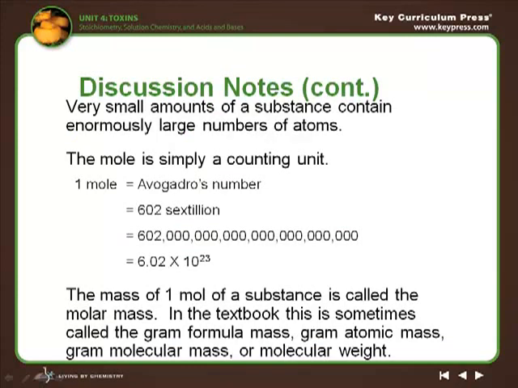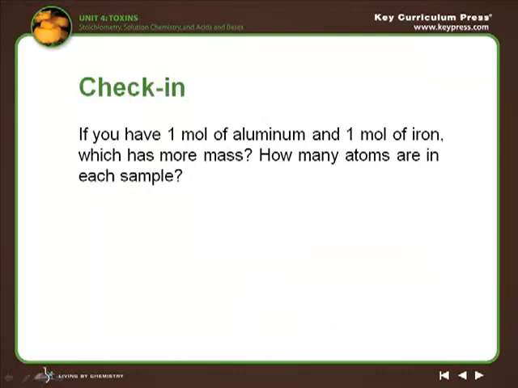The mass of 1 mole of a substance is called the molar mass. In our textbook, it's sometimes called the gram formula mass, or the gram atomic mass, or the gram molecular mass, or the molecular weight. All of those mean molar mass. I will only be using molar mass in here because it's very easy. You can say anything is molar mass and make it a little easier to focus. So I'll always be using molar mass. But if you see one of those other terms, it means molar mass. Now the relationship here